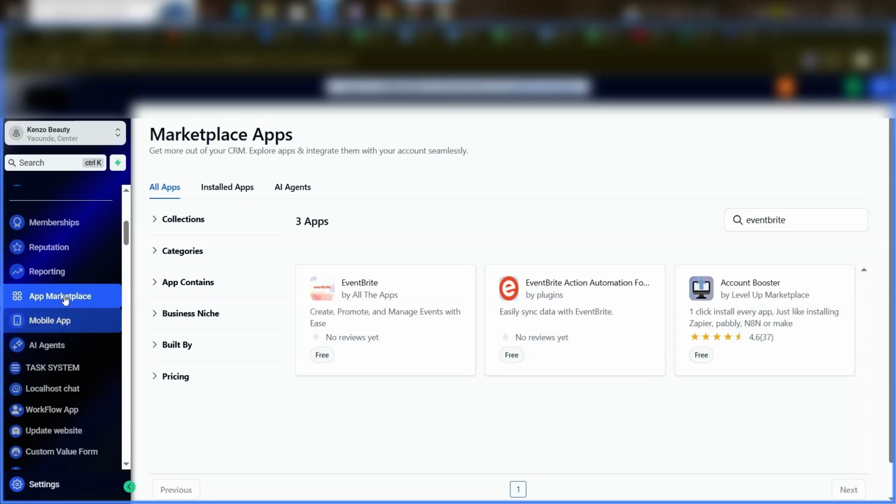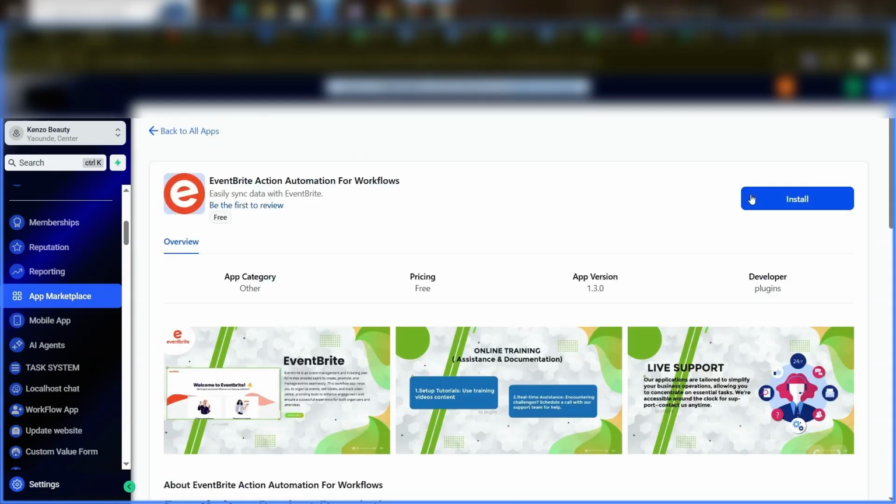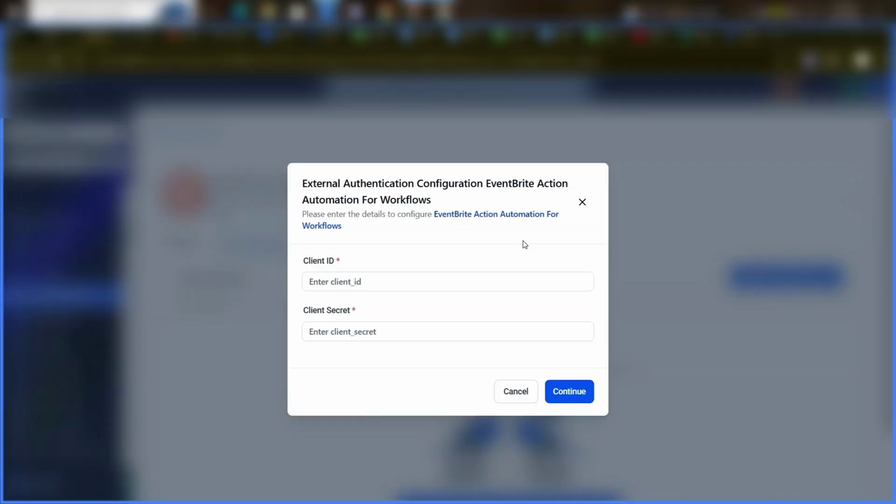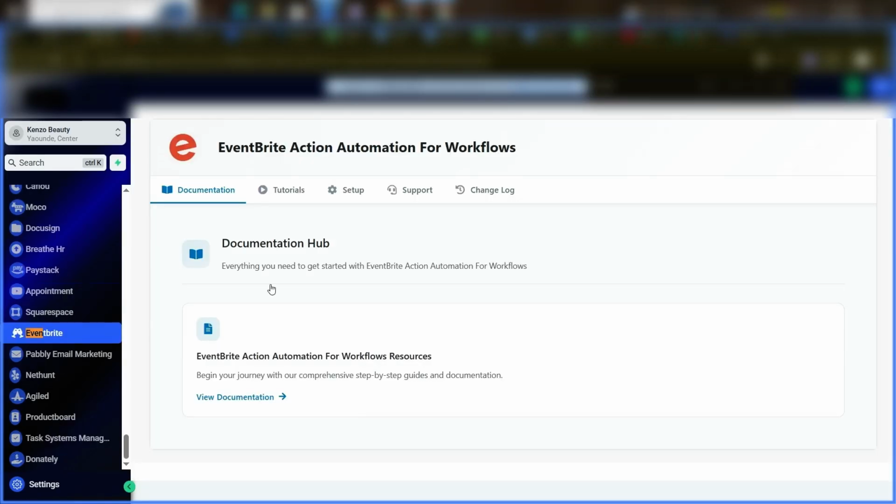Navigate to App Marketplace, search for the app and click on it. Click on Install and click on Allow and Install. Ignore this pop-up. When you are done installing your app, reload the page and then you search for the custom